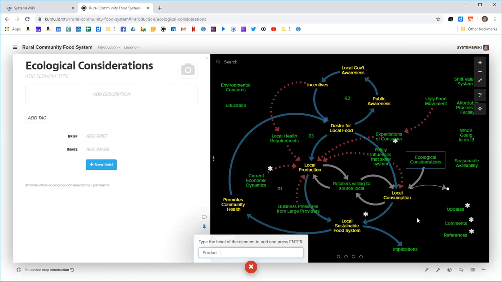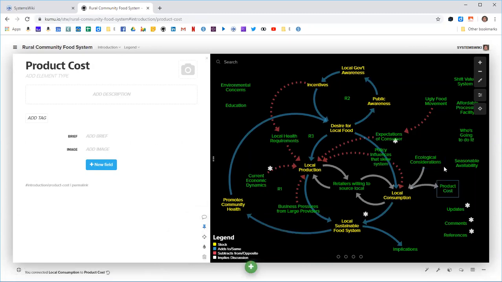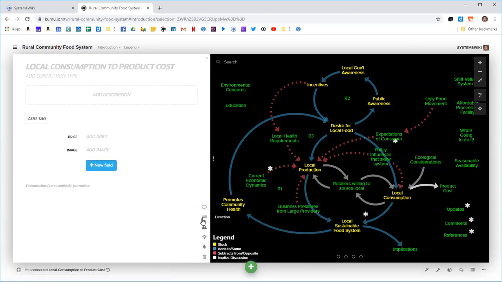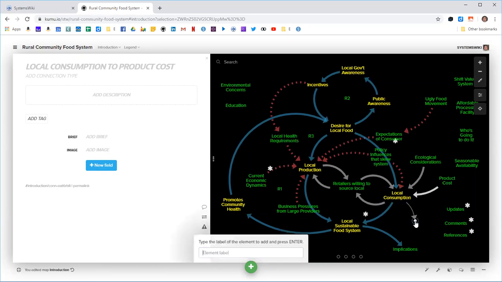So I think we should add some of these forces that might push on consumption, what's motivating people's consumption. It's not going to be just wanting to promote community health. It's going to be what can I afford? What's available? There probably are more altruistic motivations, but it's also